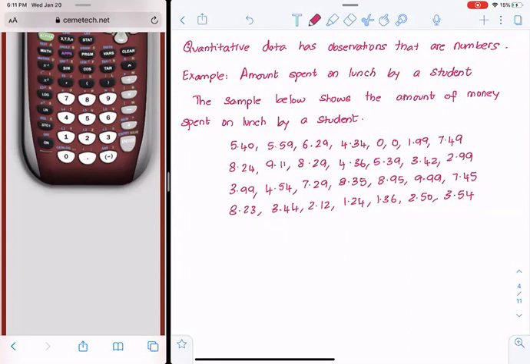So we ended up getting those observations, and I see I put in 2 zeros there,